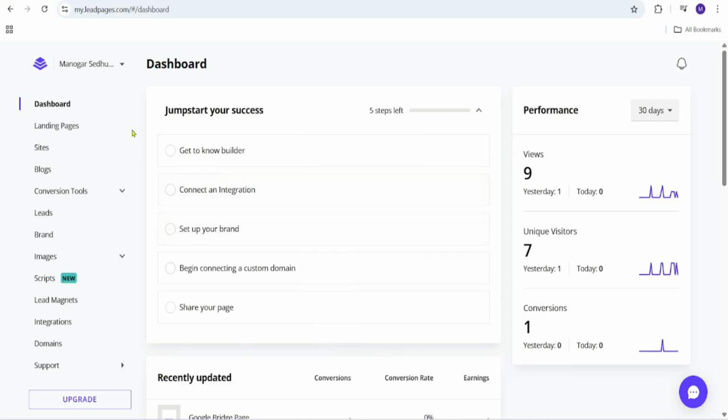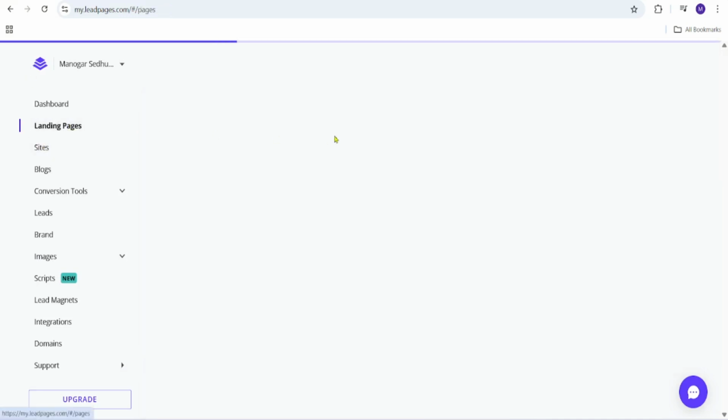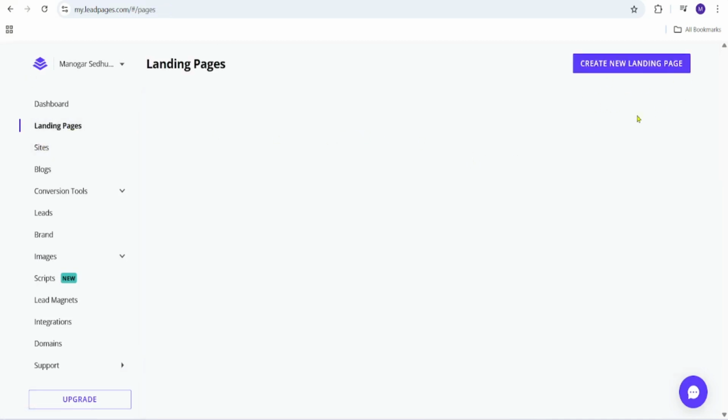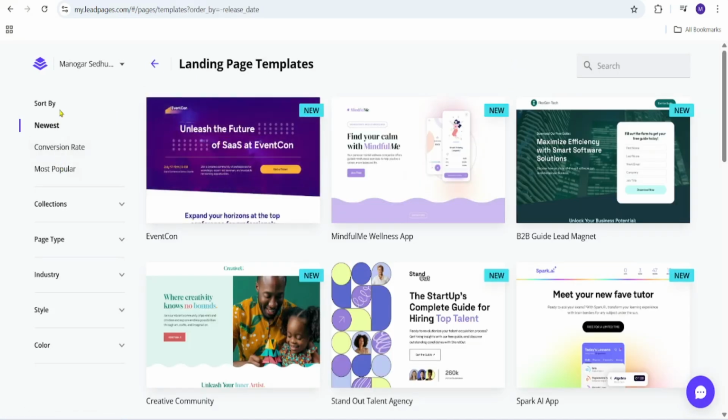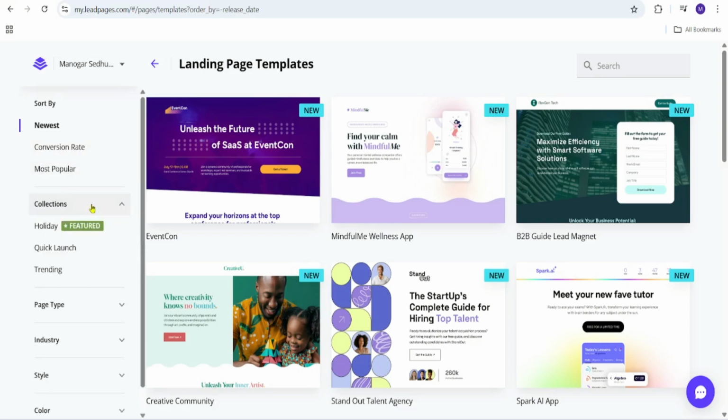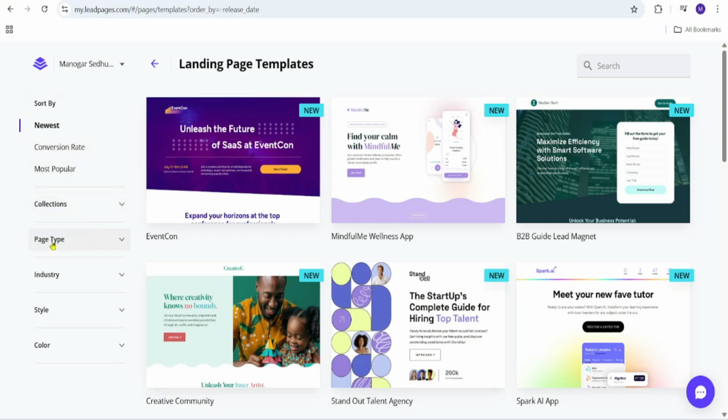Now once you come to the dashboard of Leadpages, you can go and click on the landing pages over here, and you can go and click on this create new landing pages. Now over here you can see the different options available based on the type, like whether it's the newest landing pages or based on the conversion rate or based on the most popular landing pages, or based on the collections, like whether for holiday or quick launch or trending, and based on the page type, which is about page or